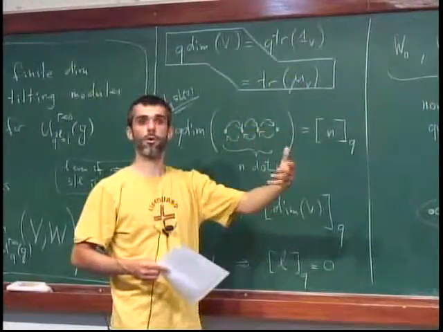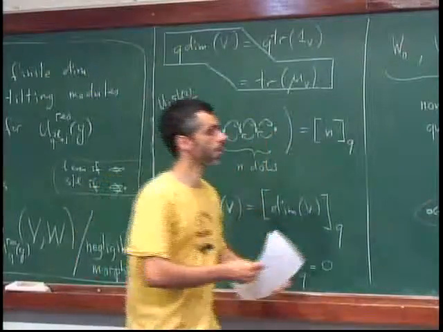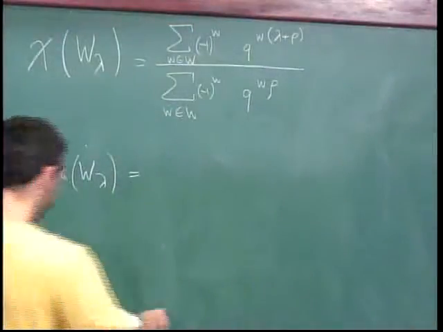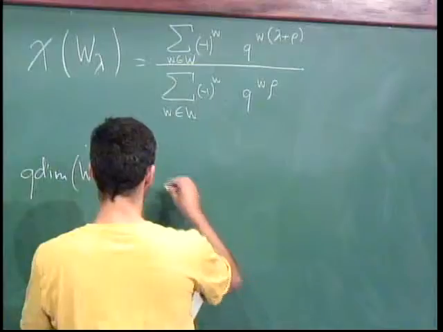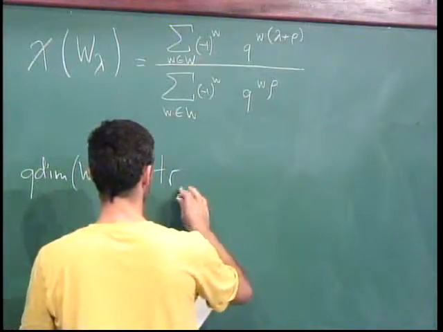It was a monomial in K that came from looking at what rho was. And that turns out to be the same thing as the trace evaluated of